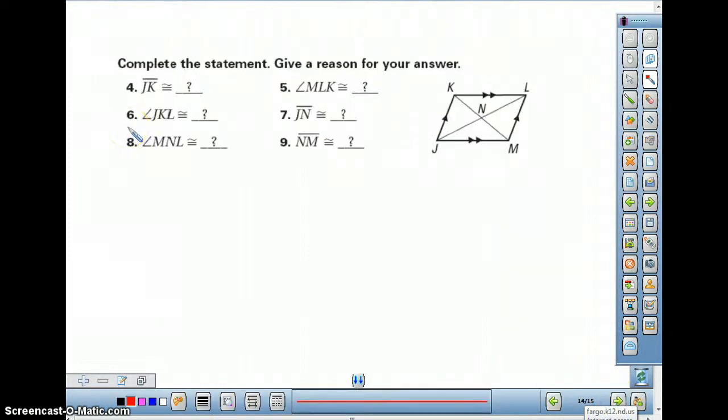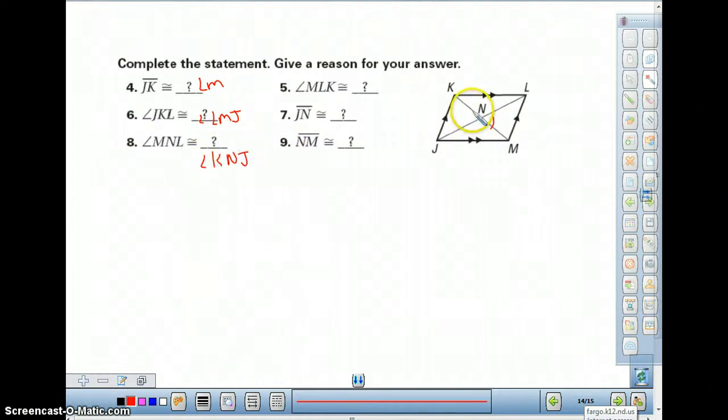Okay, now we're going to find a whole bunch of stuff. JK, this side, is going to be congruent to LM. Why? Because opposite sides are congruent. Okay, JKL is going to be congruent to the opposite one, which is LMJ. Okay, why? Because opposite angles are congruent. Okay, MNL is congruent to what? That's this angle right here. That's got to be congruent to angle KNJ,